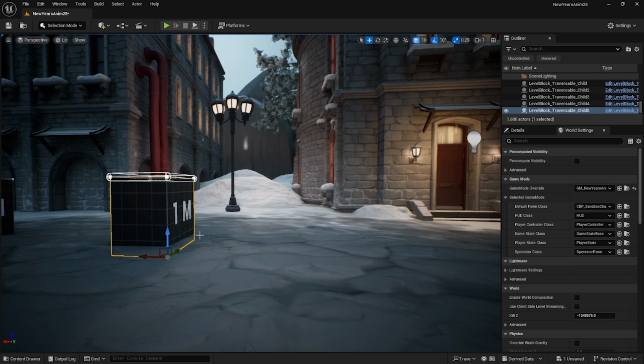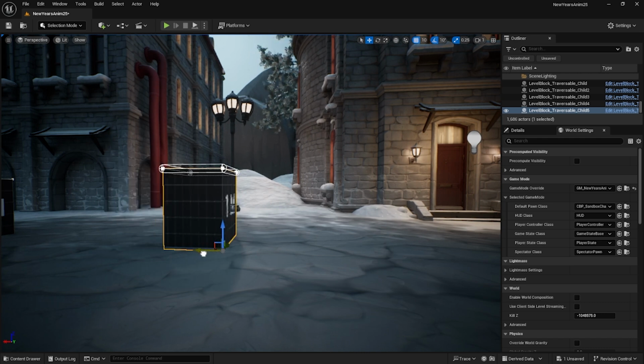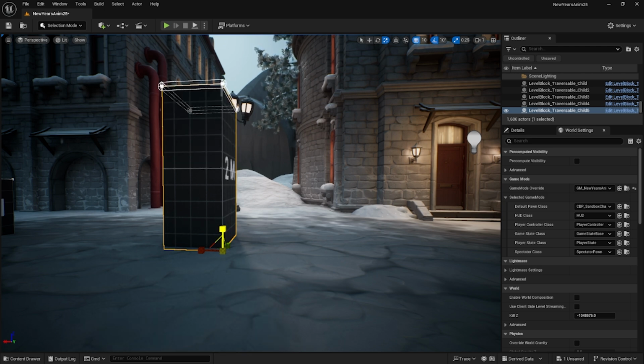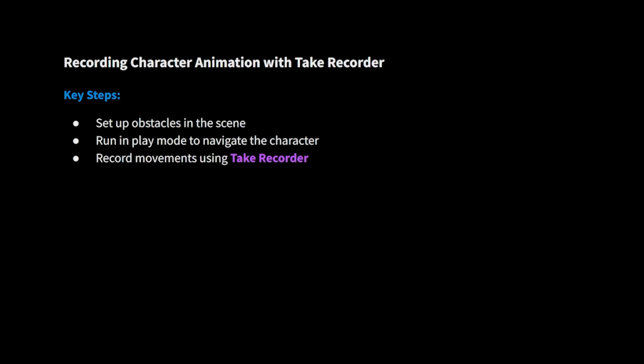I will bring this another block to here. Yet this time I'm going to increase the height and make it 2 meters. As you can see, it's now 2 meters, and we will then use the take recorder to capture the character's